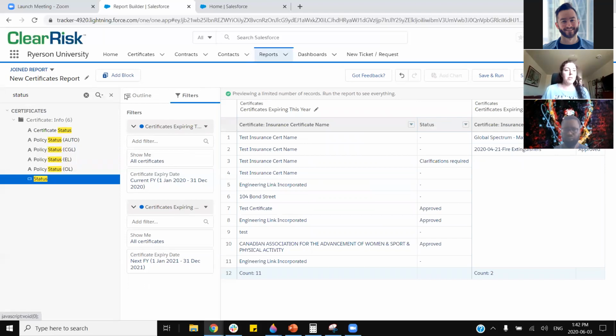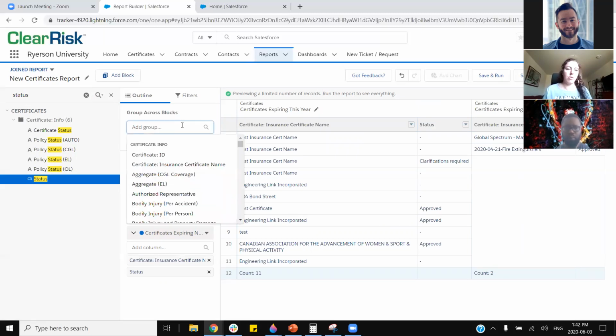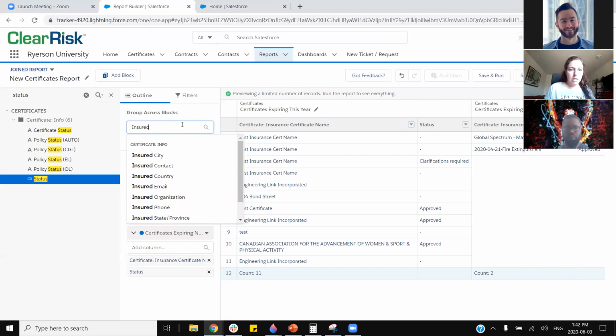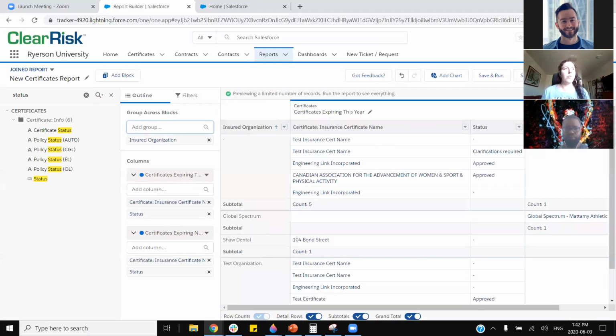And similar to last week, where we were able to group the reports or group the records, we can do that as well. That's just on your outline tab here. So we can group across blocks. Let's group by insured organization. So if we do this, then what we have is,